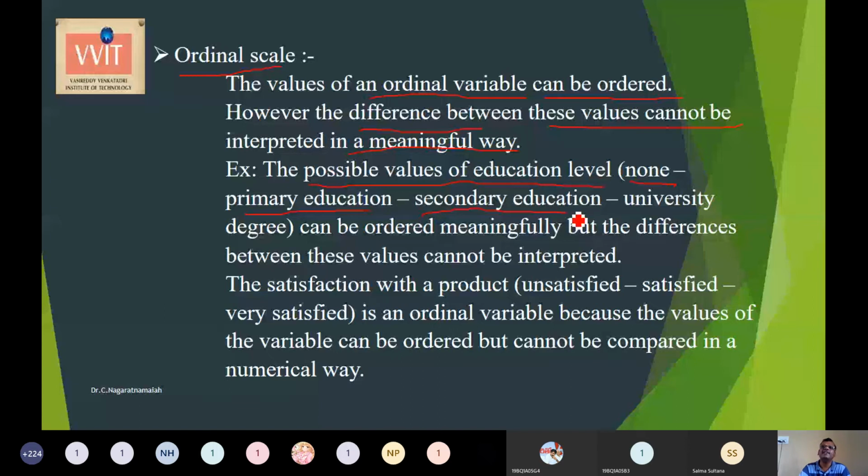We have to put them in the form of an order. No education, primary education, secondary education, and university degree can be ordered meaningfully. But we can't define the differences between these educational levels, because the differences between these values cannot be interpreted, as each level has its own